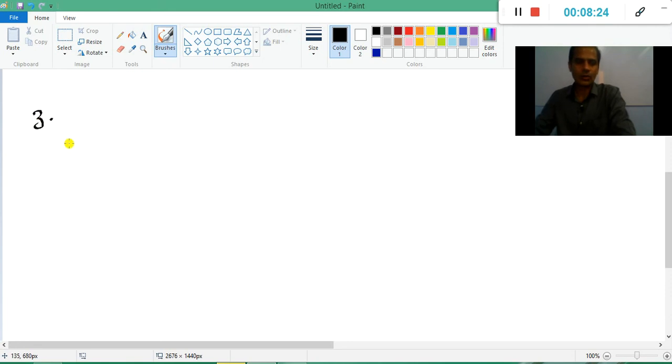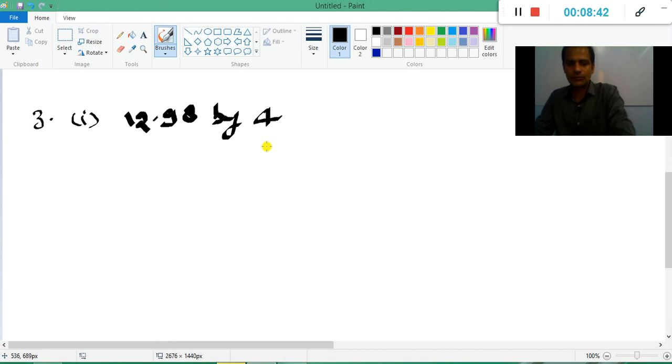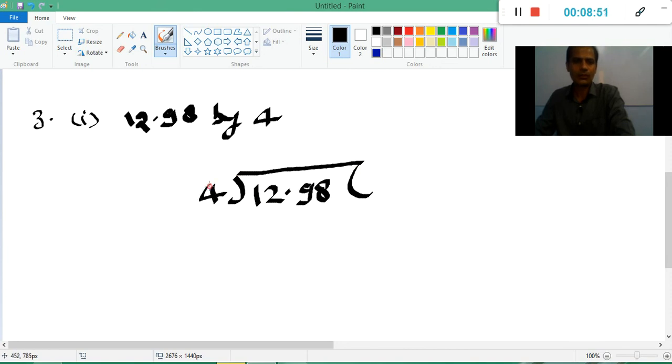Now I solve third question, first part. Okay, so this is divide 12.98 by 4. Okay, so in the denominator there is no decimal, it is only 4, so we have to divide in a proper way 12.98 by 4. Okay, so it is 4 3 ja 12, then copy this 9, 4 2 ja 8. Okay, it is 1 and it is 1, we copy this 8, so it is 4 4 ja